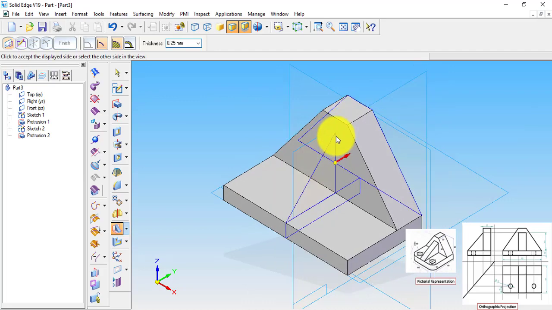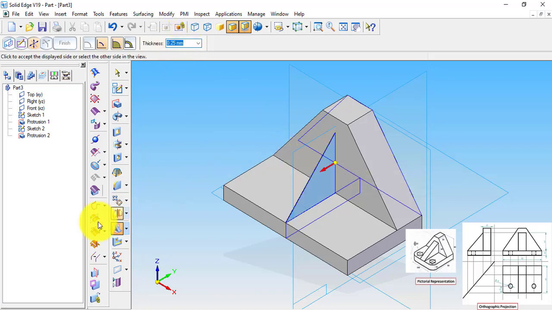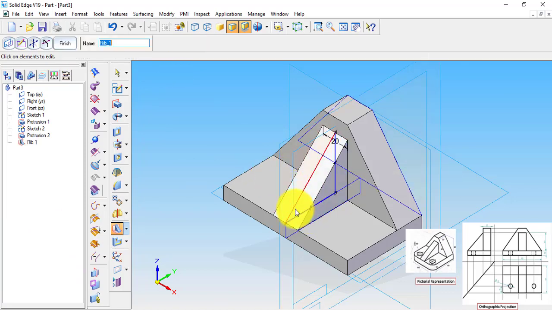Then now return. Now it suggests the direction for completing the rib. The rib can be completed along only this direction. So we need to give the thickness. The thickness of our rib, as you can see here, is 20 mm. After specifying 20 mm along this direction, our rib gets completed. This feature seems very useful in having ribs of various dimensions in many other upcoming part drawings. That seems to be a very useful feature.